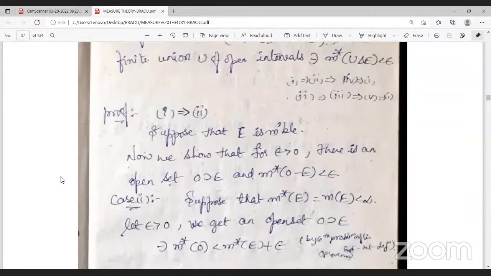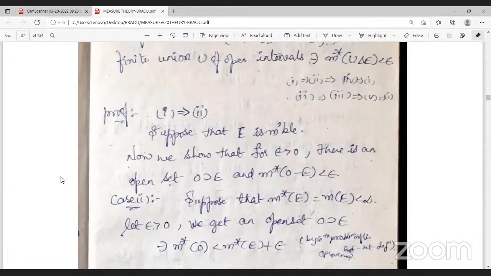Now we prove that first implies one, two means suppose that E is a measurable set. Then we prove that to each epsilon greater than 0,